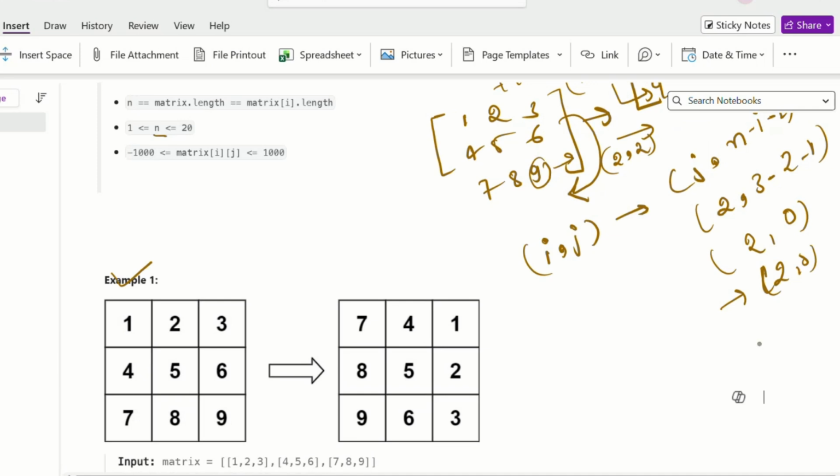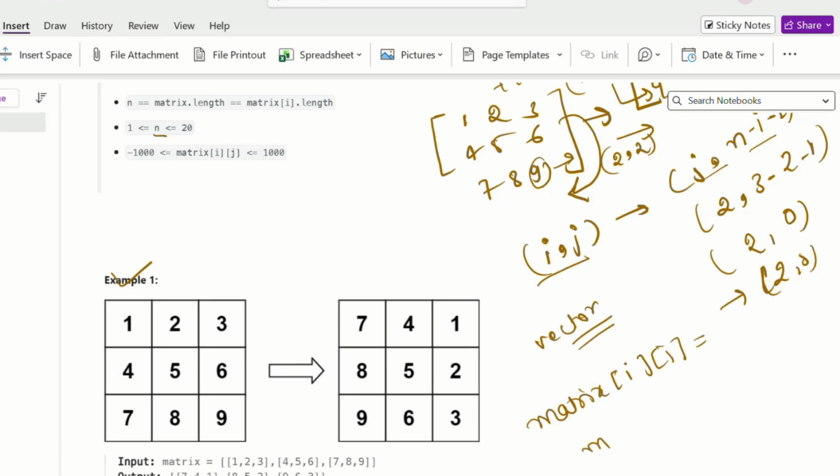If I have to change this I comma J to J comma n minus I minus 1, I can initialize some other matrix and say my new matrix I comma J is equal to the old matrix's J comma n minus I minus 1. So I can basically do this.